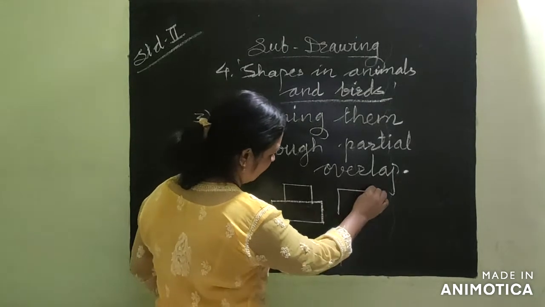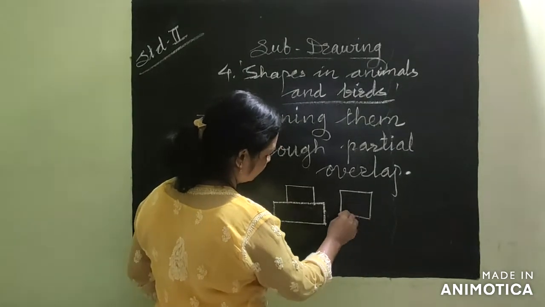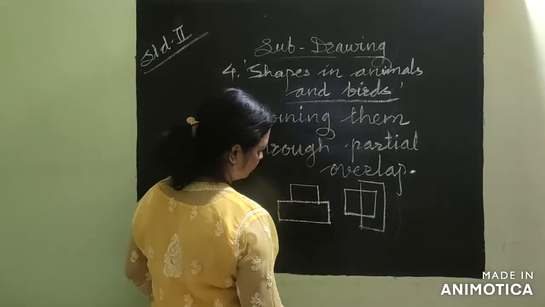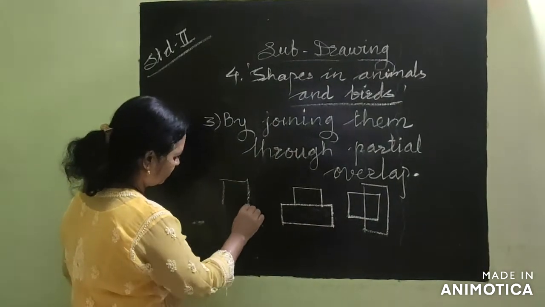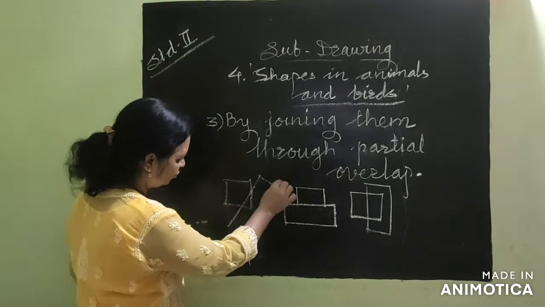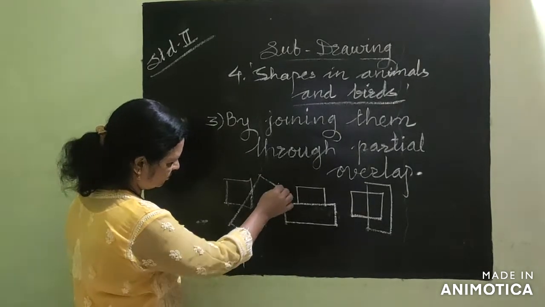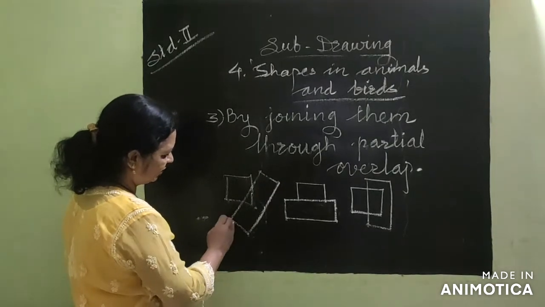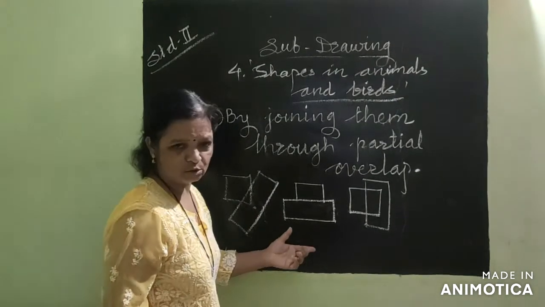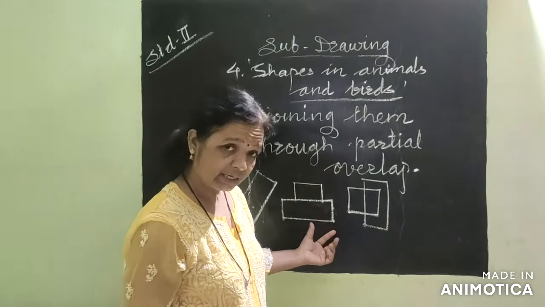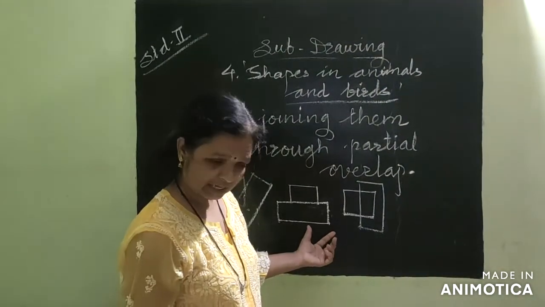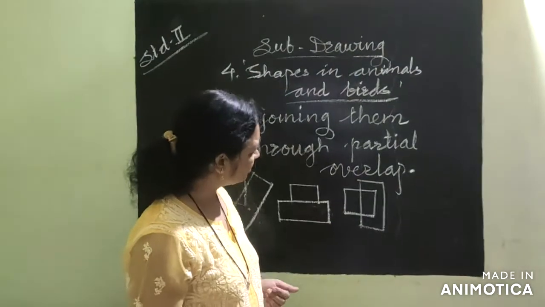In different ways we can overlap and try to get new shapes. This is our own creativity. It depends on your own creativity, own imagination, own ideas. Understand? So let's try this in a practical.